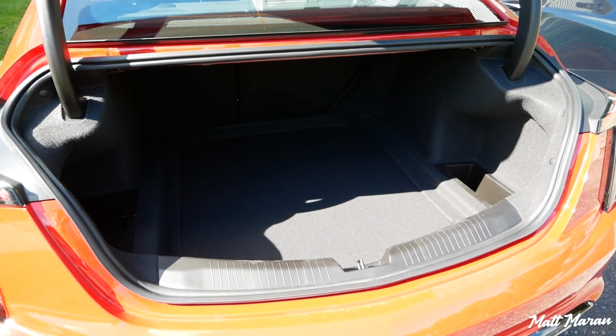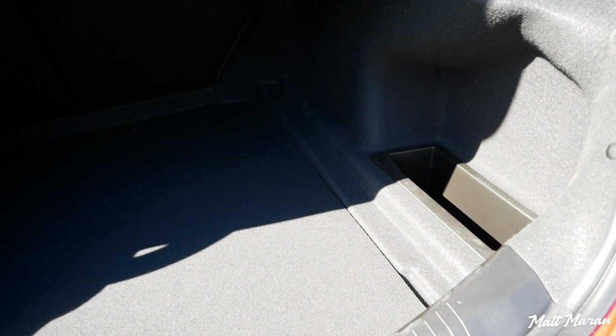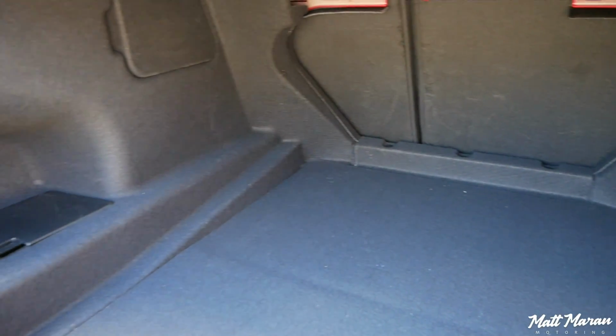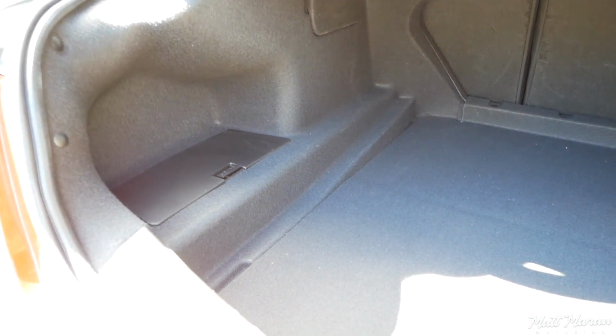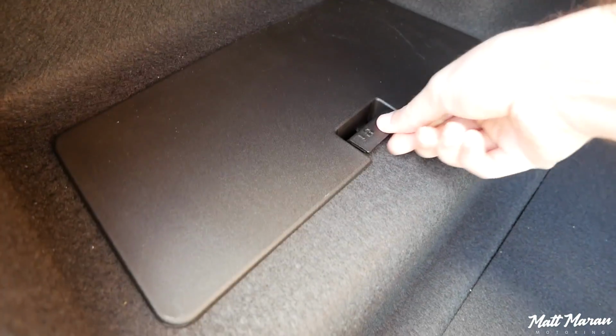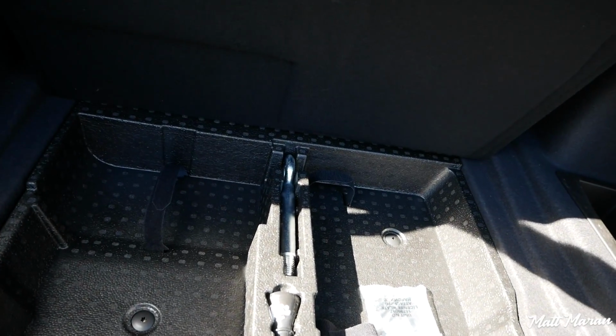And then trunk space here in the CT5 is pretty good. Now, this is an area where actually, even though you have the larger size of the CT5, they focus on back seat space, not trunk space. So like a BMW 3 Series will actually have a little bit of a bigger trunk than what you have here in the CT5. I believe the C-Class is around the same size. It's a little bit of a taller trunk. This is a little bit of a more narrow opening than what you get in some of the German competitors, but it is a larger trunk than what you get in the